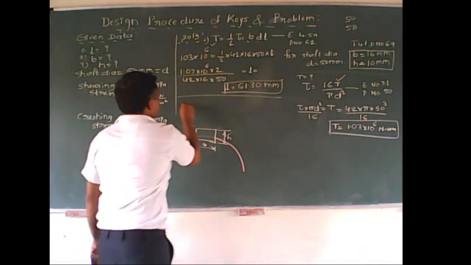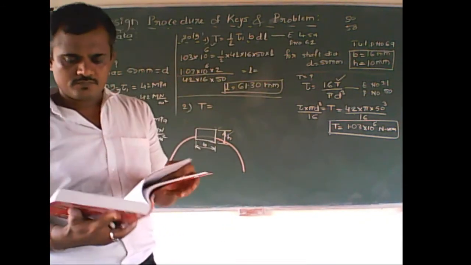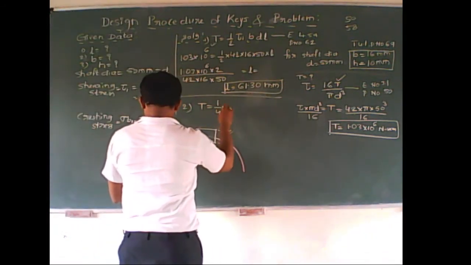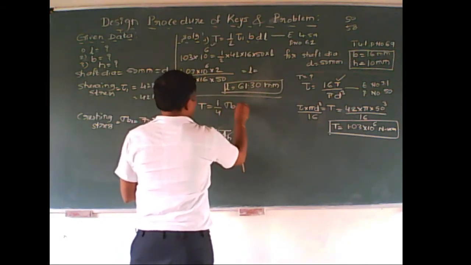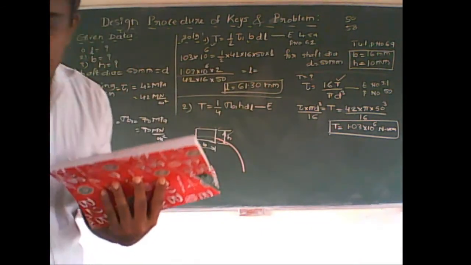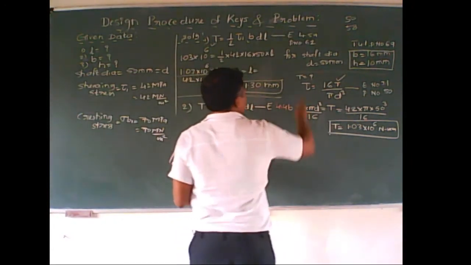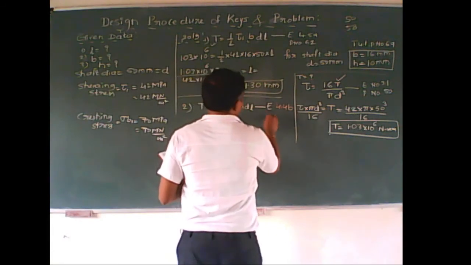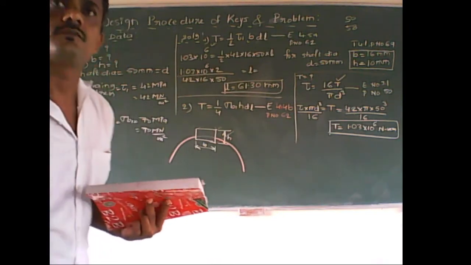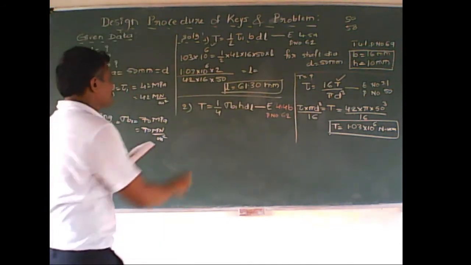Okay, so second we have to go for using the equation, that is on the page. Torque is equals to 1/4 into sigma b1 into h d l. What equation can you use here? 4.4b, correct? 4.4b, and the page number is 62. Now you can substitute the values and get me the value of diameter.